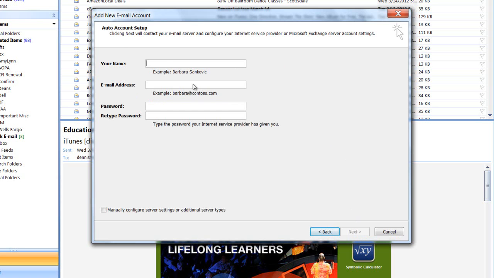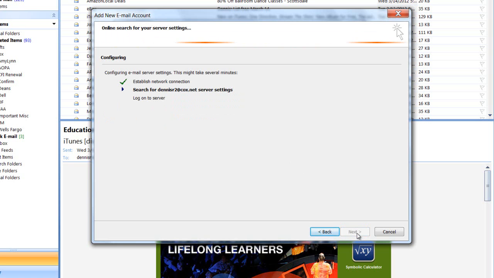And now we have to enter some information beginning with our name. Our email address, the password we use to access our email account, and we're asked to re-enter that password. And once we have all this information in, we simply click Next, and the application will begin to search for